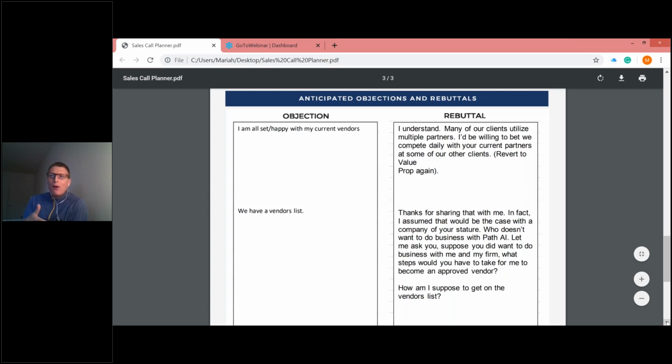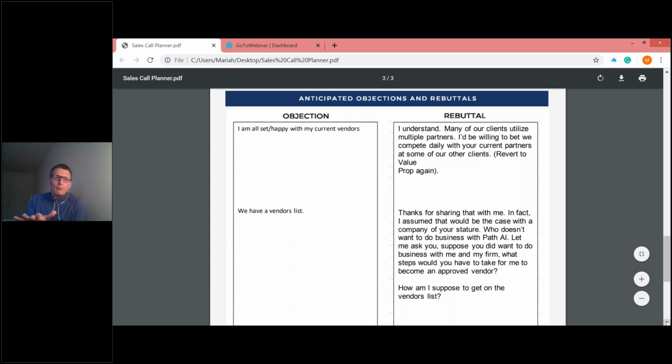So if you've been prospecting and you're in this business for 6 months or longer and you're getting stuck with the objection of we have a vendors list or talk to HR, it's kind of inexcusable to not have a rebuttal to overcome that once you've been doing this for 6 months. You should know that that objection's coming and you should have a rebuttal for it. So pretty easy to prepare for it. Again, we as salespeople just need to make sure that we actually take the time to write down what it is that we're going to say and do to overcome it.